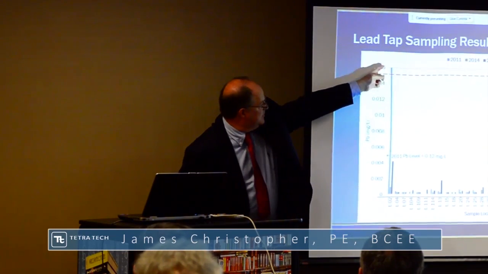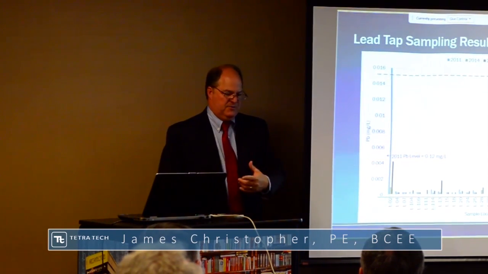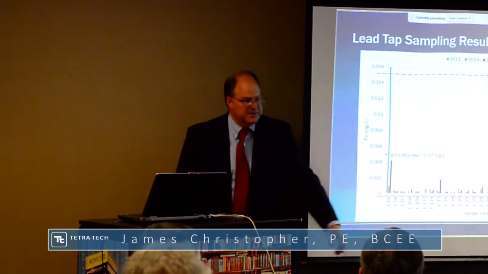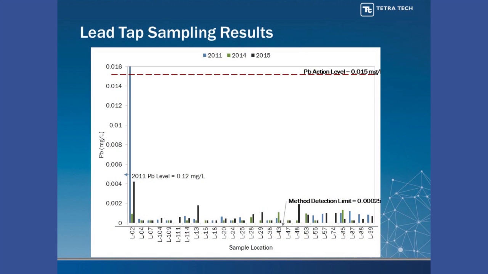The only thing I would point out to you is the good news and the bad news. The good news here, this up here, this is the action level, which we'll talk about in a second, where the utility has to do something. Most of the results were at the detection limit or just a little bit above. That's what you want to find. An unusual thing in this system, this particular customer in 2011 had a lead limit that was about 8 times the action level. And I don't know why that is, but I just put that up here as illustration that